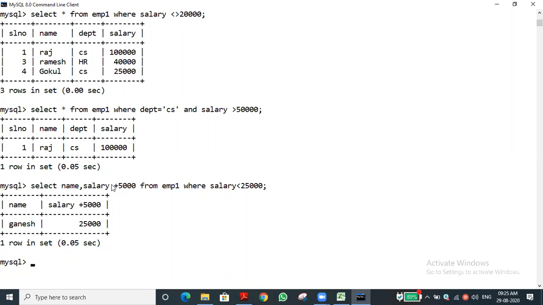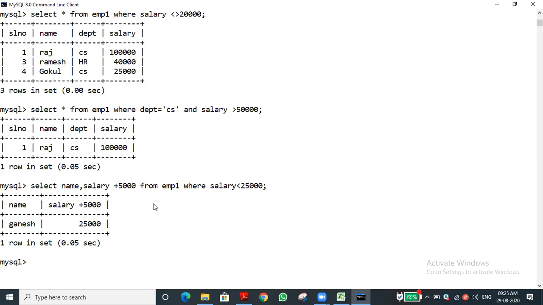So you can see this salary plus 5,000, as we can give a name. Again, salary also, salary plus 5,000 or incremented salary. Likewise, we can give revised salary. Likewise, we can use the word. Very good, very good.